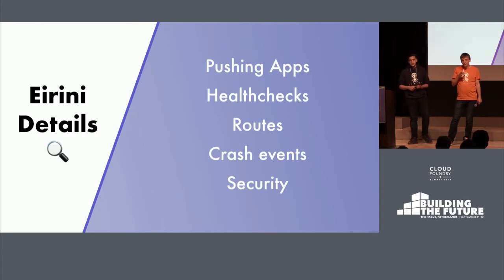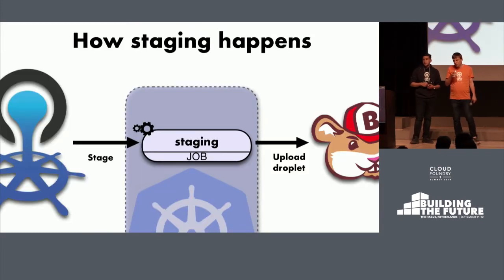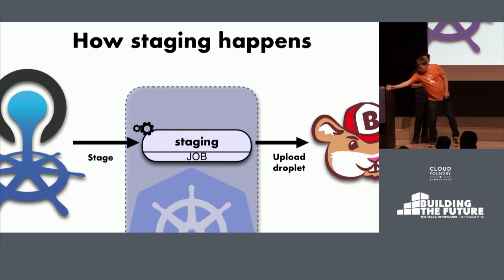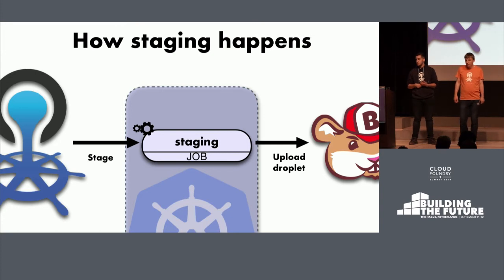And the first thing Eirini does when you CF push an app is to actually create a droplet for the app. And it does that by running staging. And therefore, Eirini creates a Kubernetes job, and it runs the staging process in the container that was created by that job. And you can think about Kubernetes jobs as basically the same thing as CF tasks. It's just a process that runs to completion. And just before the staging job actually completes, it uploads the resulting droplet in the bit service component,